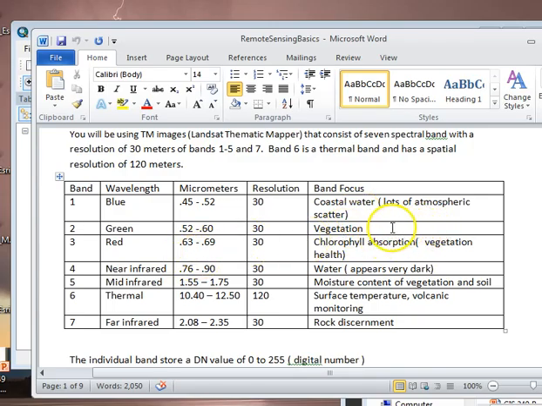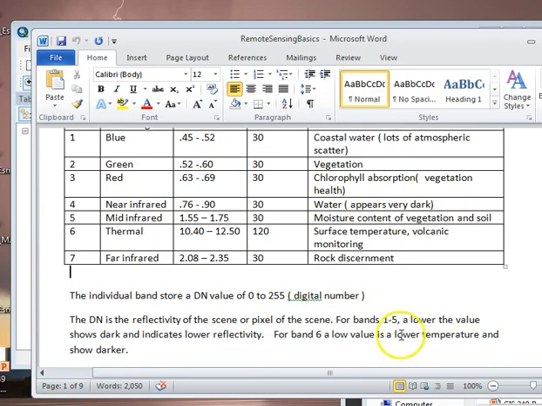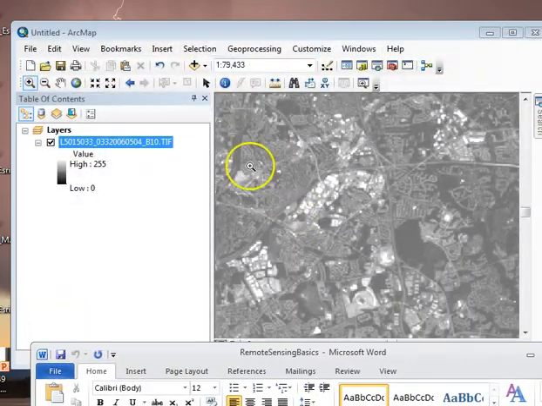The green looks at vegetation or reflect vegetation. Red absorbs chlorophyll, so that will show a healthy vegetation. Near infrared, dark water will appear very dark. So it talks a little bit about these different uses of the bands,